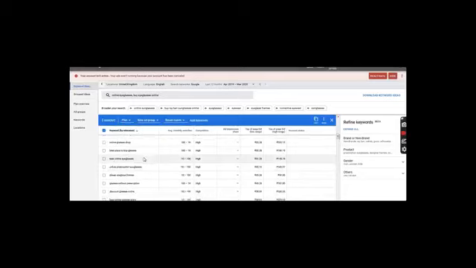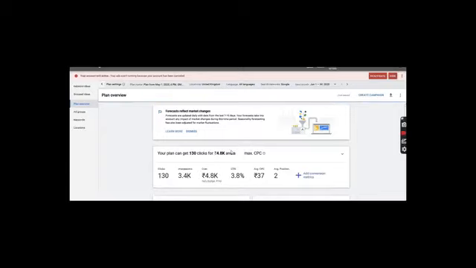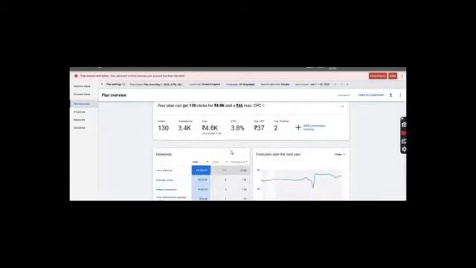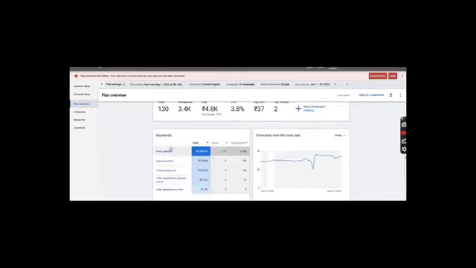Now what I will do, I will click add keywords. Here you can see this label. You will click here, add keywords. Now here you can see all the keywords that I have selected are actually added to my keyword plan. Now how can I access those keywords? Okay, for that I will need to go here to plan overview. Okay, and just hold on. Okay, as you can see, the keywords that I have selected are showing here.